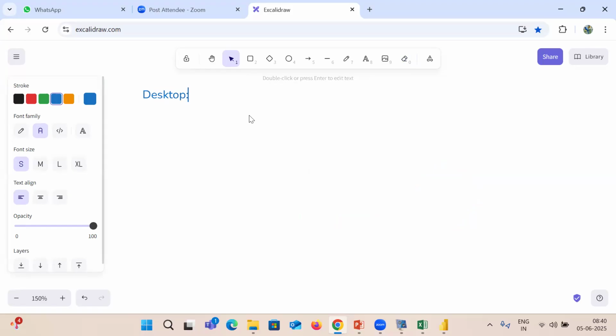So what is a desktop? Desktop is one of the developer tools, which is used to